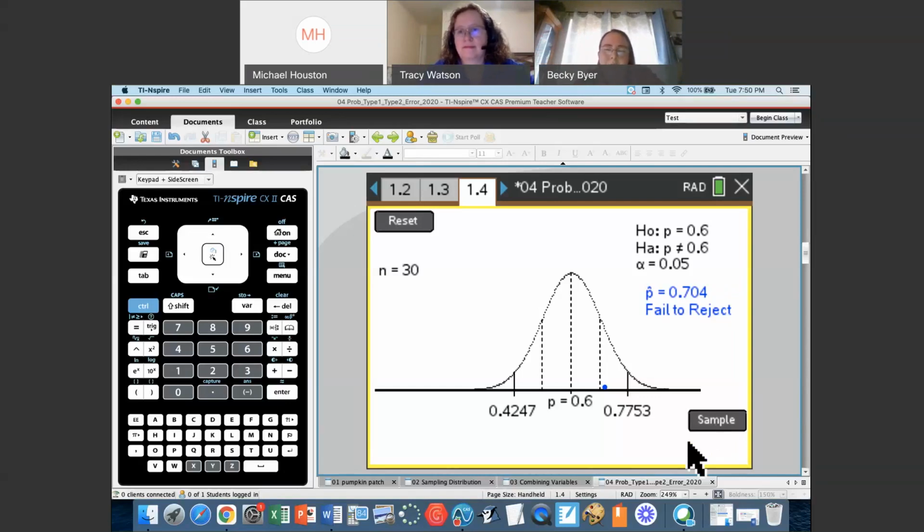So if Tracy took another sample, the kid sitting next to her might end up with the reject. And if she does another one to represent the kid sitting behind her, they're going to fail to reject. So what I have my students do is get into small groups of 6 to 8 and have each of them take 1 sample and look at, does their sample cause them to reject or fail to reject? And then they look around the room in their groups and talk about, did everybody get similar results? Why or why not?